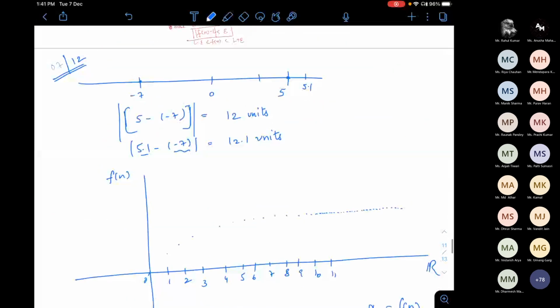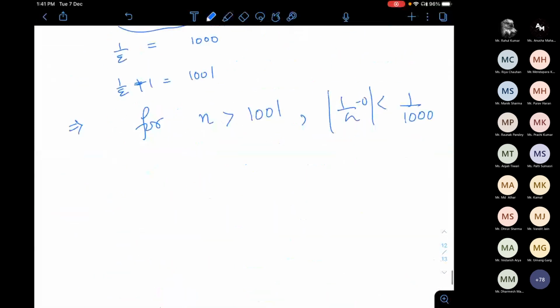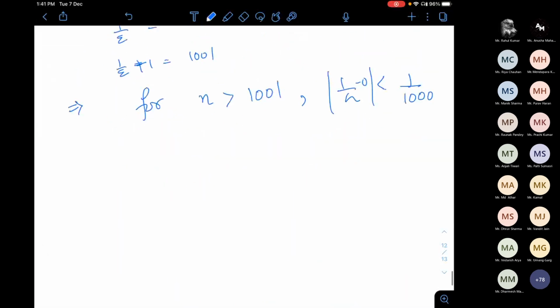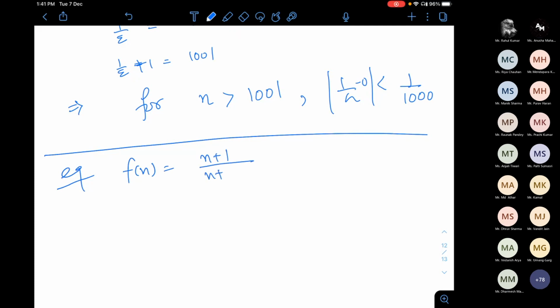Suppose we take the sequence (n plus 1) over (n plus 3). Now you tell me. Ma'am, I have a doubt. If we have two limits in a sequence, then what should we do? In that case we will discuss. First, can you compute its limit? I will discuss it. Give me 10 minutes to reach there.